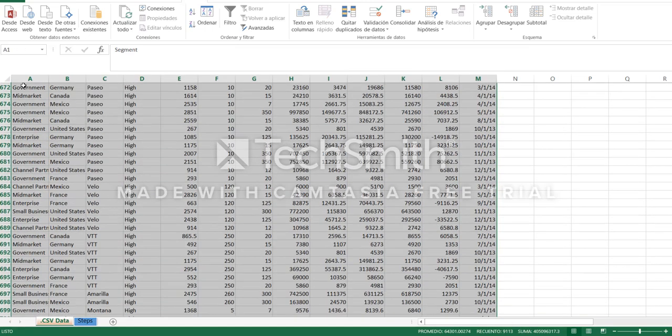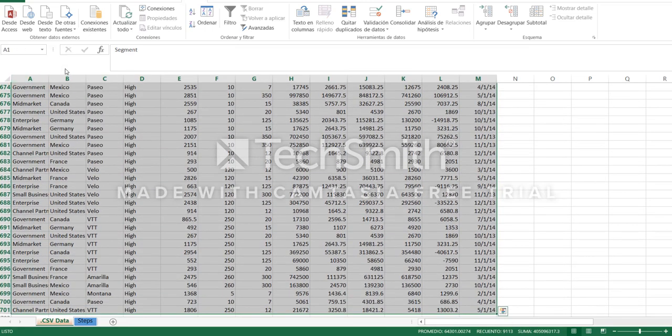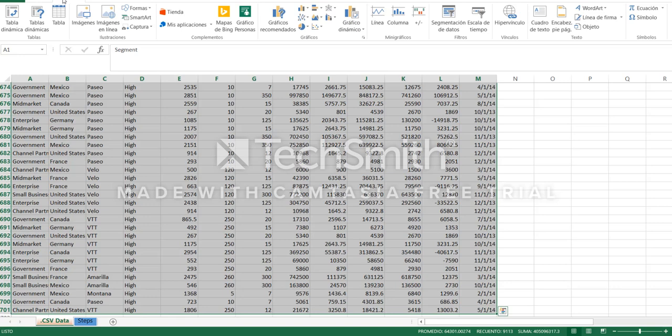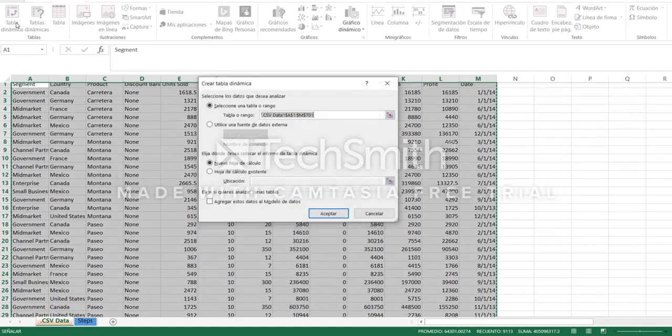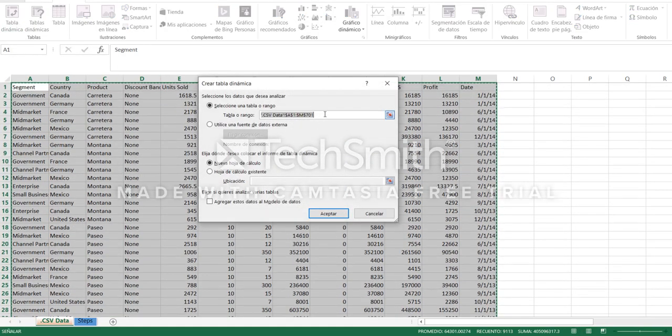Now we are gonna select our table to create our first pivot table. So we are gonna come to Insert, Pivot Table, and click in there. In this window, it's gonna ask to choose a range. As we already select the table, we have the range. And we are gonna create this in a new spreadsheet.